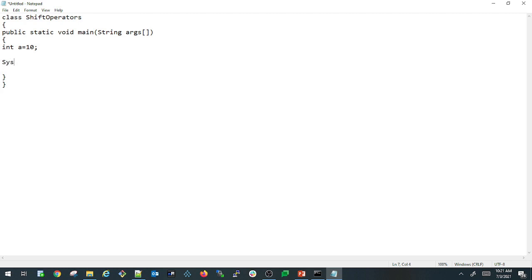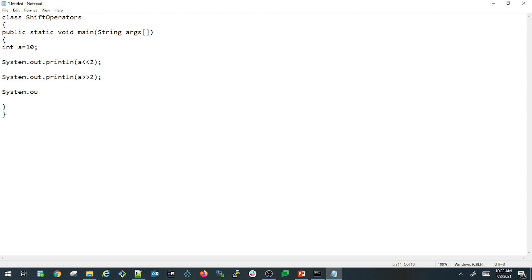First I'm performing a left shift, System.out.println a left shift of 2 times. So I'm doing a left shift on a for 2 times. For the same variable I'm writing System.out.println, right shift on a for 2 times, and also a zero filled right shift on the same variable.